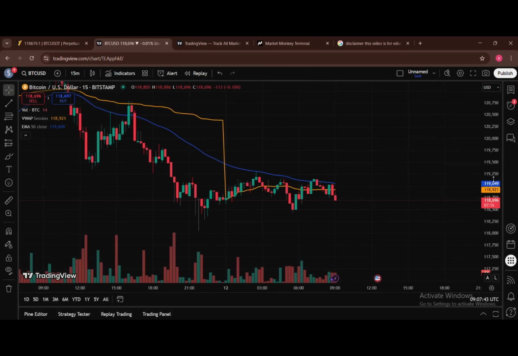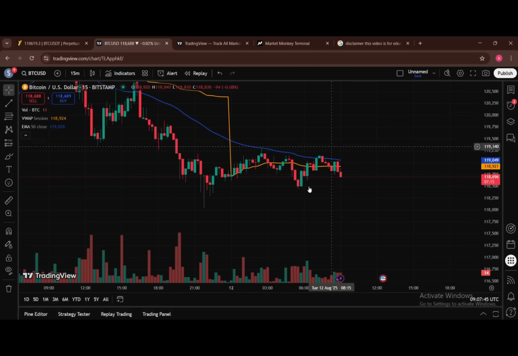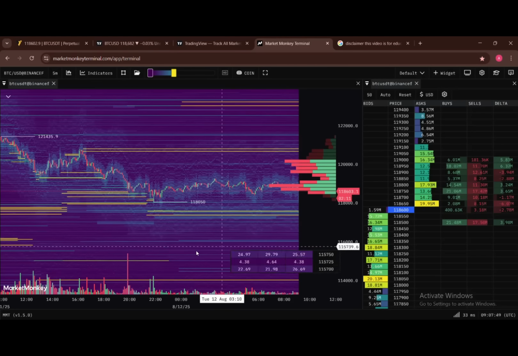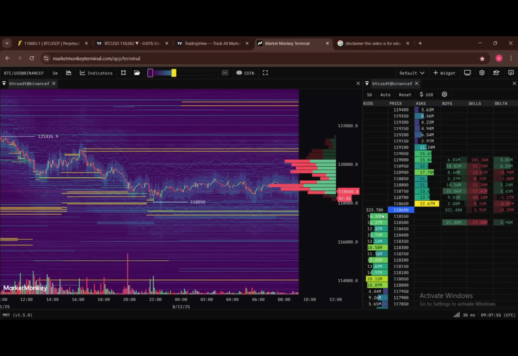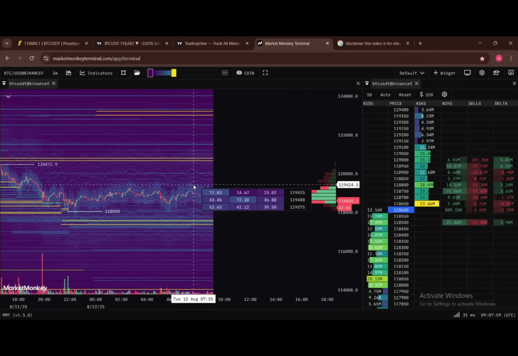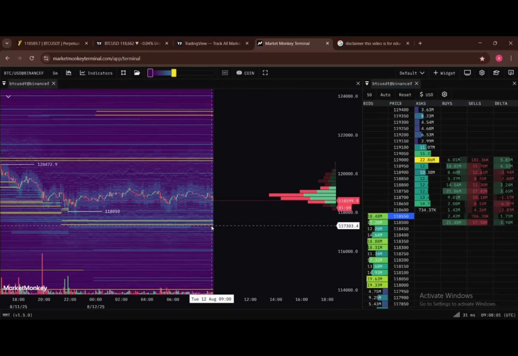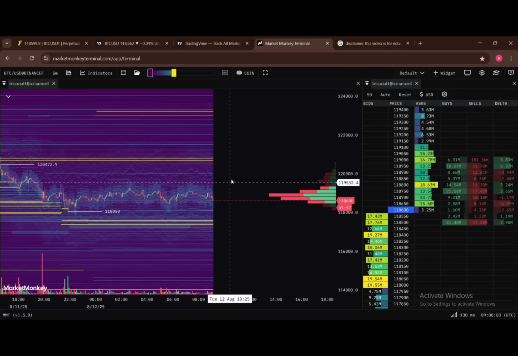So we can see price is actually coming down, but are we actually filling these orders? We don't want to be shorting it. So we can see that we have a lot of buyer support here. So you want to wait for these buyer support prices to get filled, and we can see that on this chart here. When it comes down to here and it gets filled, and if price reverts back up,